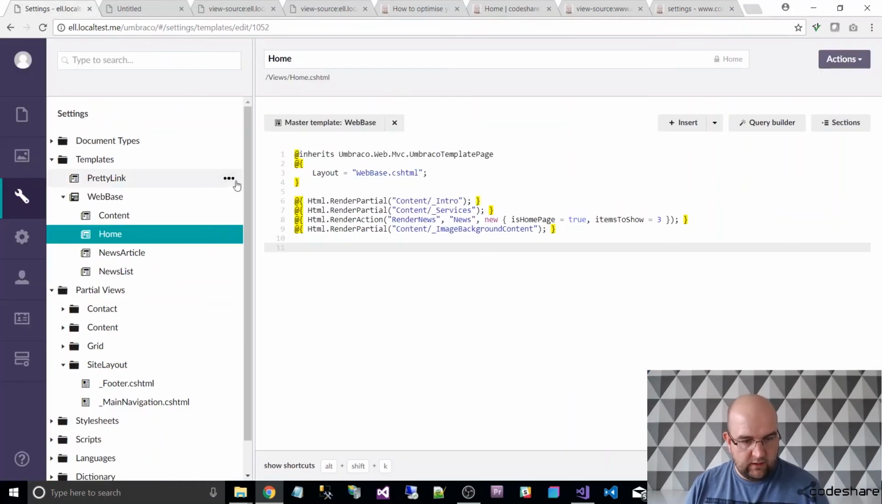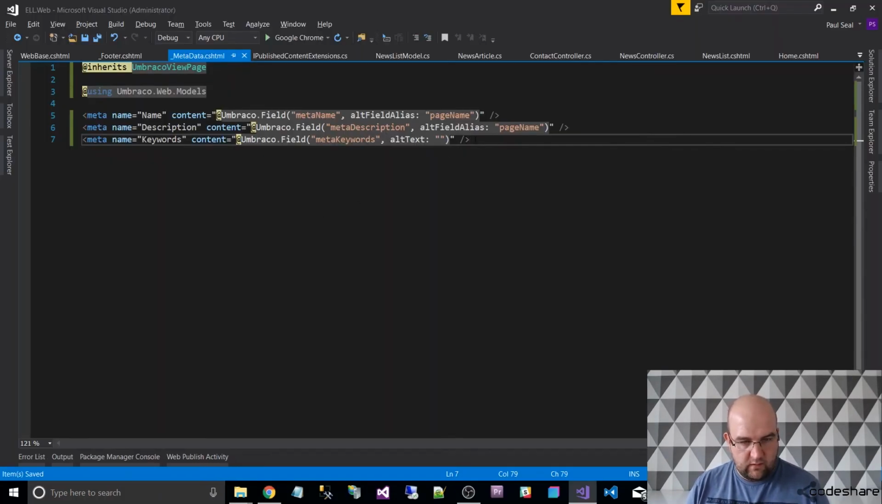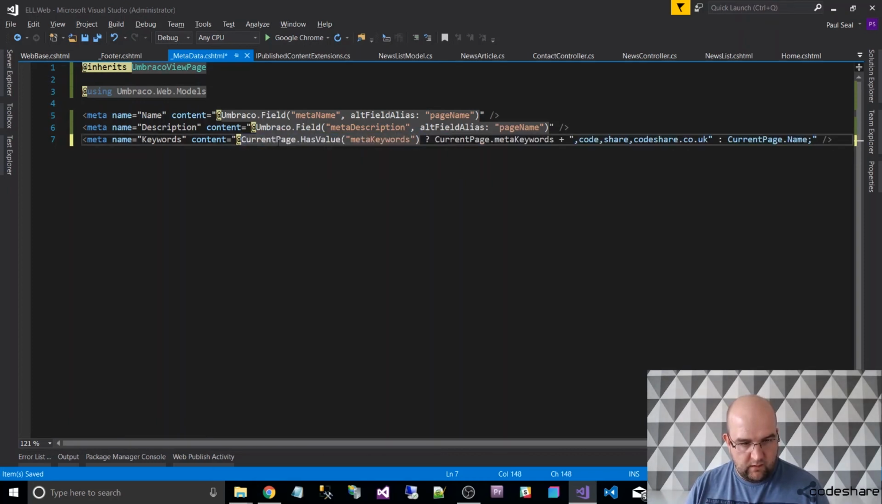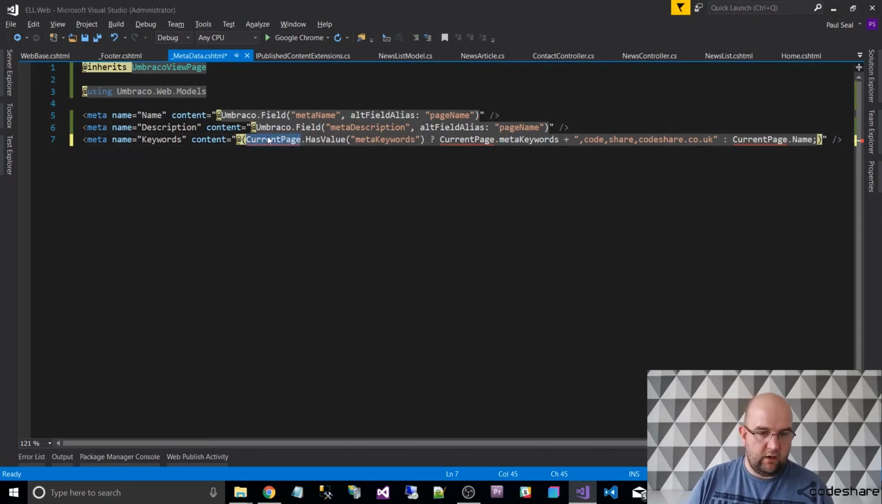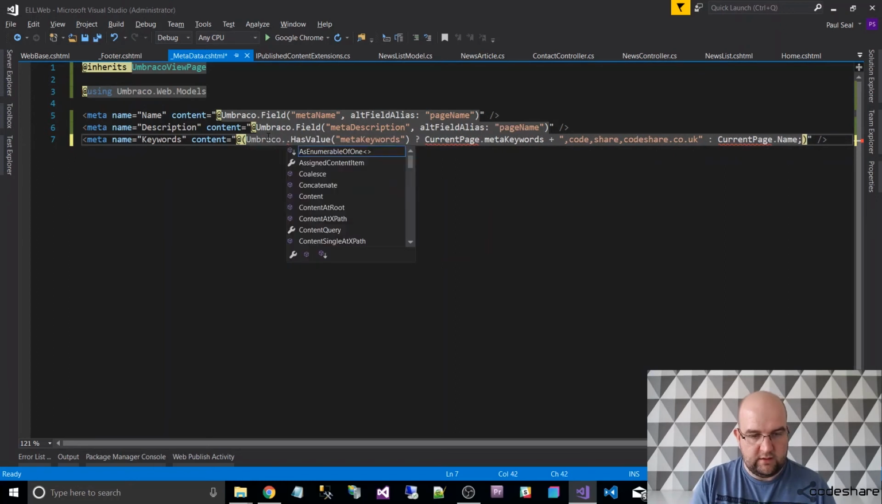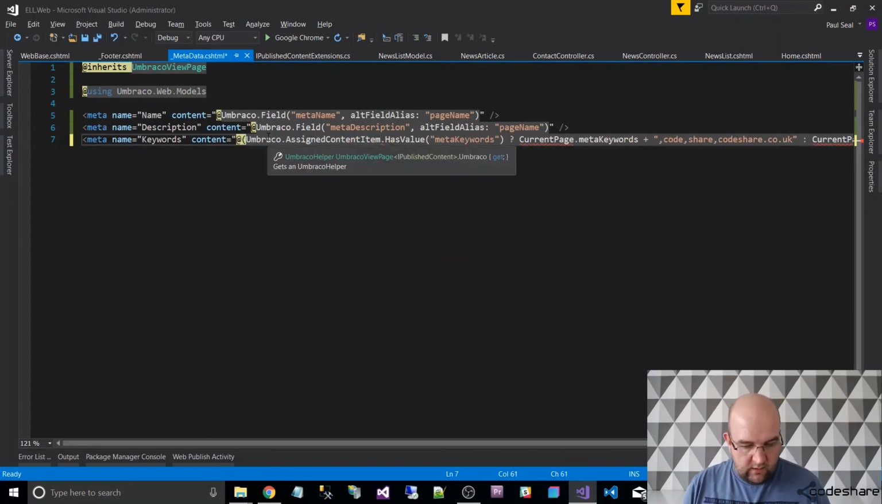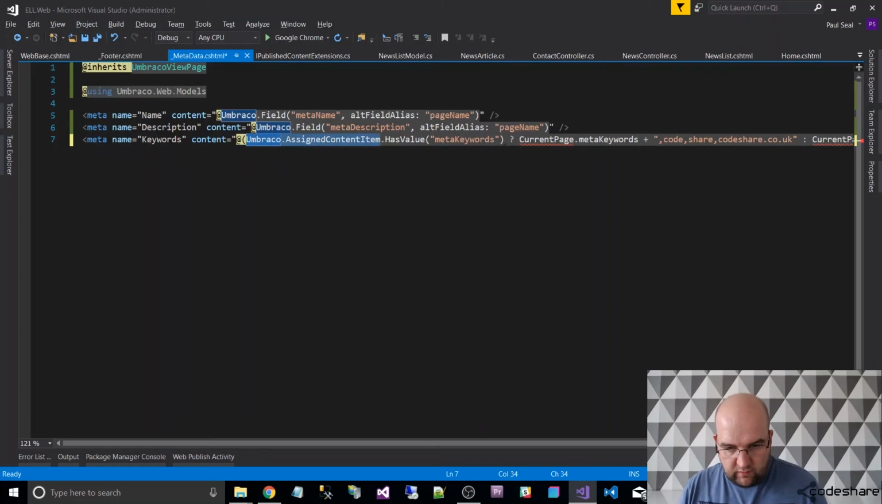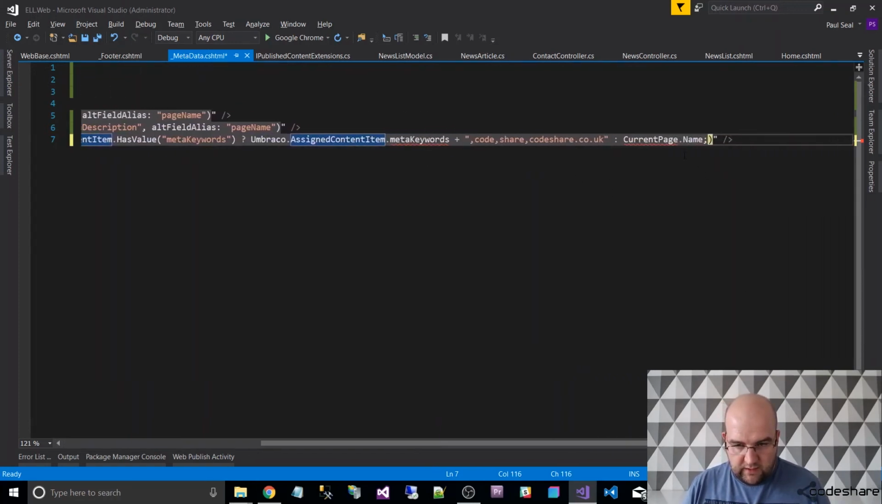And then what I can do on here, I can just put this in here. I can do open, because I'm going to do some logic like an inline if. Where it's got, I'll wrap it with these rounded brackets. And then where it's got current page, I'll do Umbraco.AssignedContentItem. That will resolve those problems with current page. Shouldn't really use current page anymore. Definitely shouldn't use